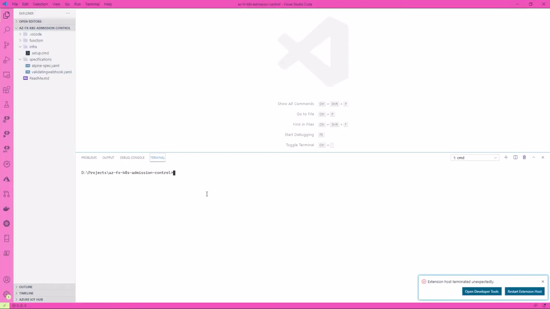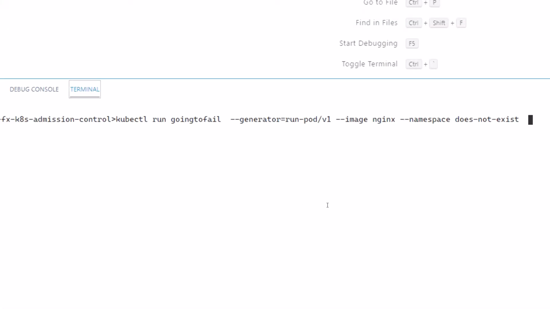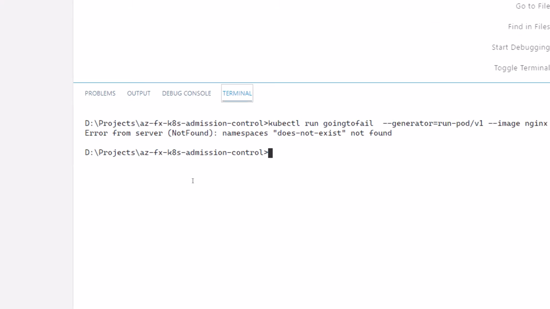Let me show you a static admission controller in action. Kubernetes ships with an admission controller named namespace exists, which checks whether a namespace already exists. So, if you try to create a resource in a namespace that doesn't already exist, it will simply fail the request. Here, I'm demonstrating a simple kubectl request that is trying to create a deployment in a namespace that doesn't already exist in my cluster. If you execute this request, you would see that the server returns an error. This error has been propagated back to our CLI through an admission webhook.